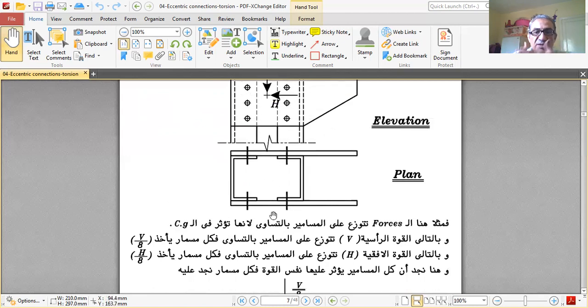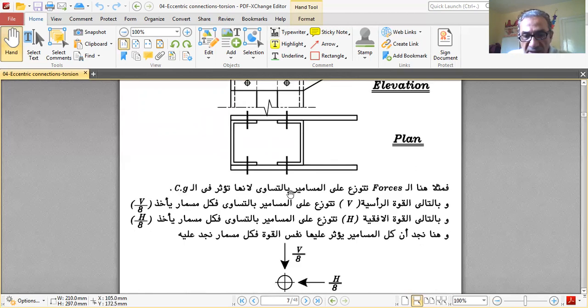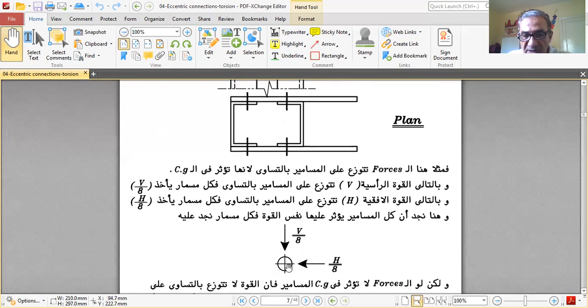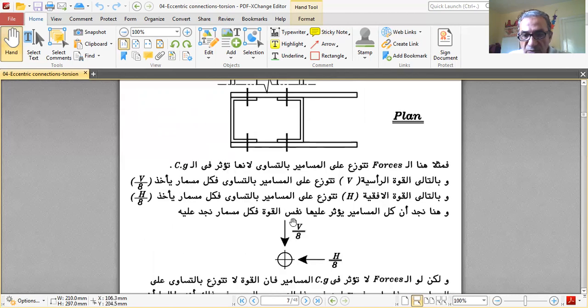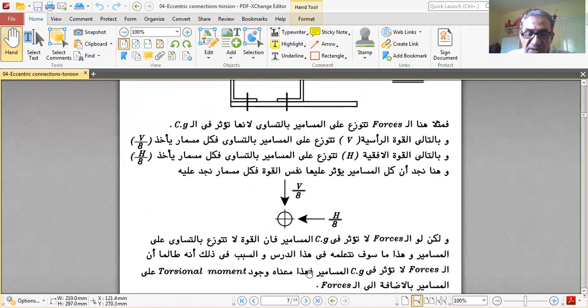B and H are on one side. Then each bolt has H over 8 horizontally and B over 8 vertically. This is in case B and H are acting on this gusset, and this is B and H acting on the other gusset. If the forces are not acting at the CG of the bolts,